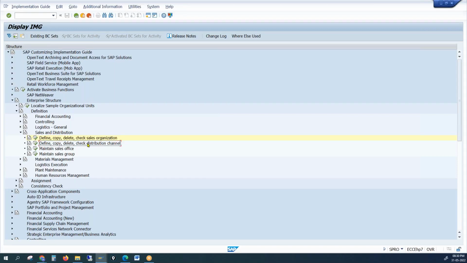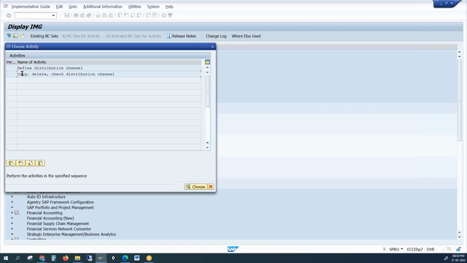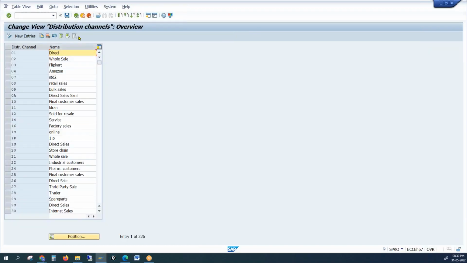Then define, copy, delete, check distribution channel. Distribution channel is imaginary. Okay, you don't need to copy, as this particular distribution channel is imaginary. So directly you can go to define distribution channel. You see there is no address icon or there is no details icon, because it does not have any functionalities. It's only an imaginary object and no controls actually. So you don't even find the